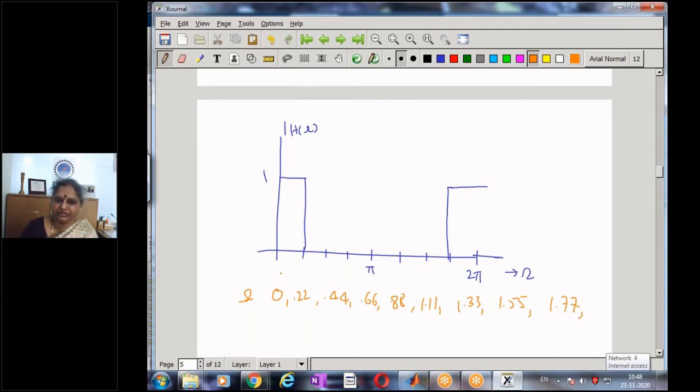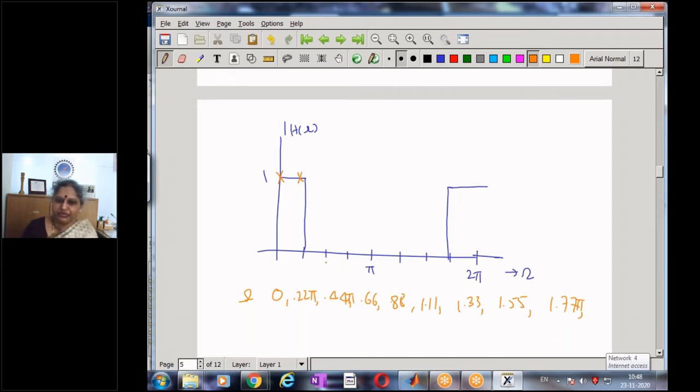If I take omega equal to 0, where is my sample now? It's here. For n equal to 0, I have a magnitude of 1. Where's my second sample? It's actually 0.22 pi, 0.44 pi, etc. I have not put the pi, but it is actually 0.22 pi, because in that value we did not put pi. So now 0.22 pi, this is my cutoff. Cutoff is pi by 4, which is 0.25 pi. So my 0.22 pi is going to be here. I have a sample here.